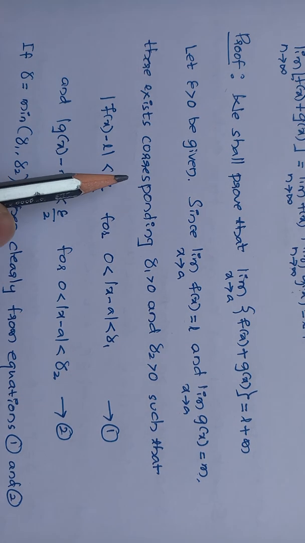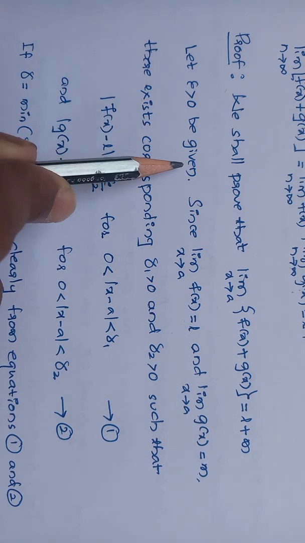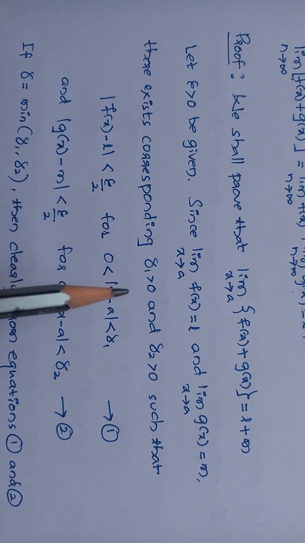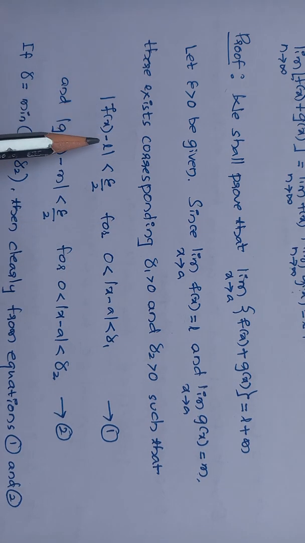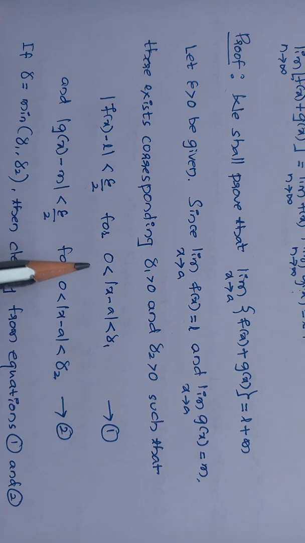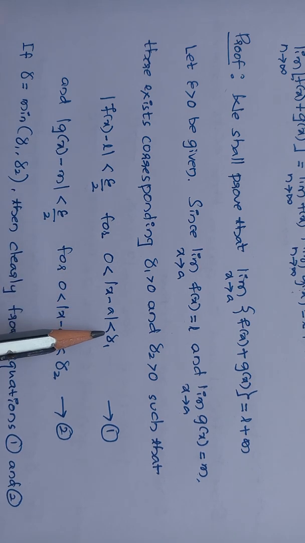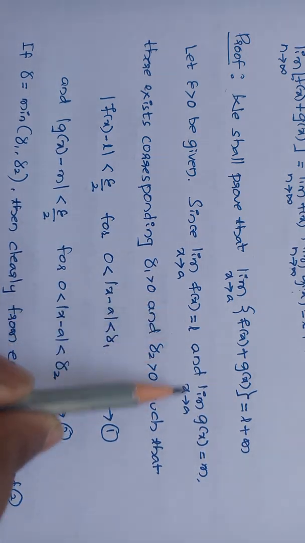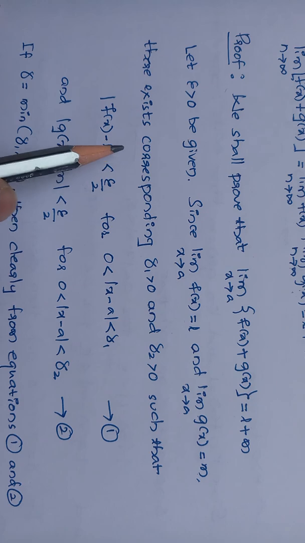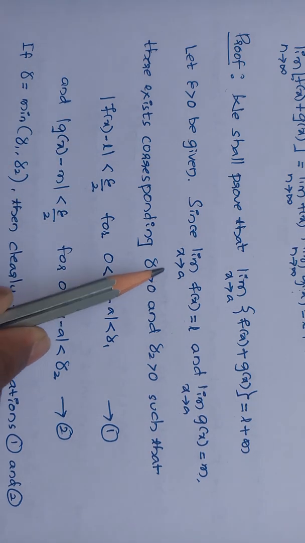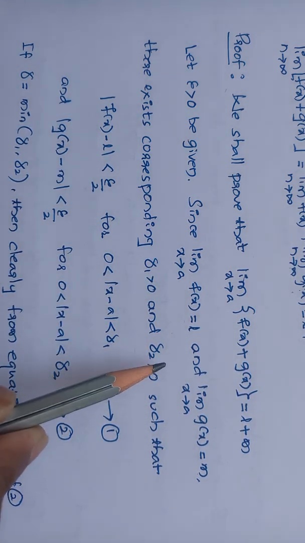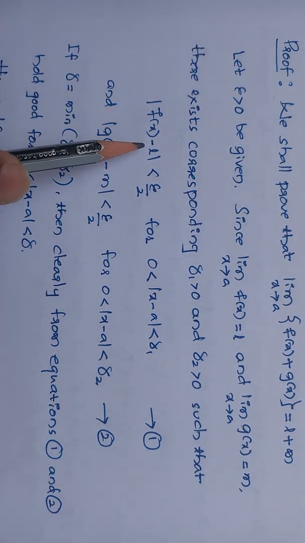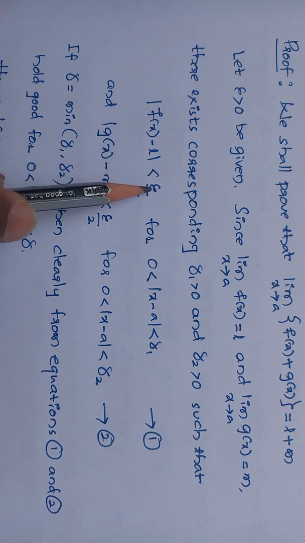For the definition of limit we use: let epsilon greater than 0 be given, then there exists a corresponding delta greater than 0 such that modulus of f of x minus L is less than epsilon for 0 is less than modulus of x minus a is less than delta. But in the case of these two functions, I am defining two deltas with the definition of limit. Therefore I am considering delta 1 greater than 0 and delta 2 greater than 0, so the definition becomes modulus of f of x minus L is less than epsilon by 2 for 0 is less than modulus of x minus a is less than delta 1,